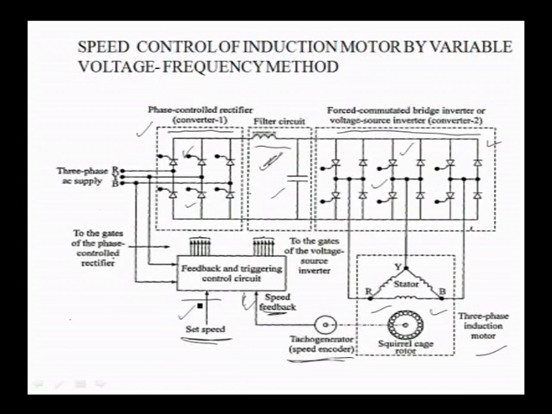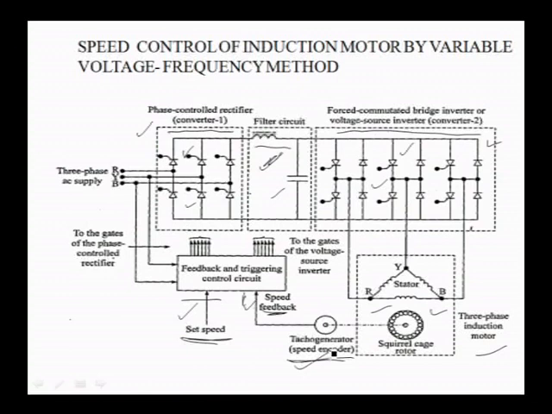This is a closed loop system. In a closed loop system, we need to have a feedback signal. The feedback signal here is the speed. We have to vary the speed whenever the load varies, the load and the motor varies. The feedback signal has to be speed here, so that is why we are measuring the speed. We cannot feed the speed directly like this; we have to convert it to an electrical quantity, a voltage. That is why we are using a tacho generator, a transducer.